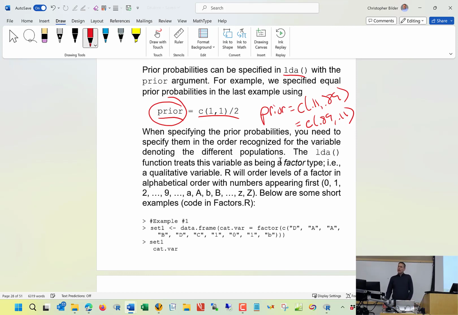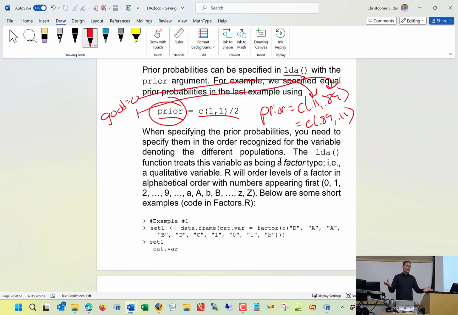It corresponds to what R recognizes as the ordering for your grouping variable. In this case, we had good, which had values of 0 and 1. And as you might expect in this particular case, the 0 corresponds to the first value,